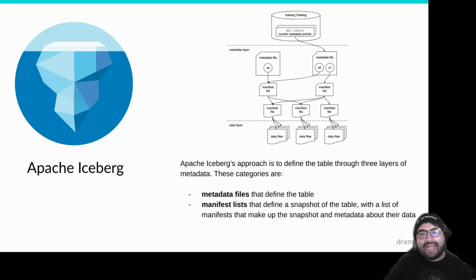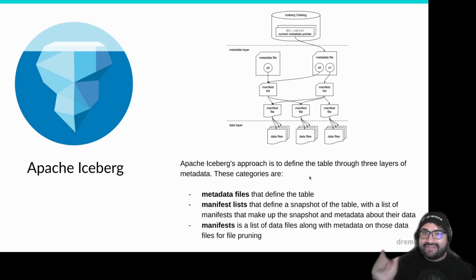And with those stats, I can say, hey, I don't even need this manifest. So right there, you've just eliminated the scanning of all the Parquet files in that particular manifest. So you're getting rid of chunks of files, not just chunks within a file, but chunks of files. And then once I've eliminated all the manifests I don't need and go read the individual manifests, these manifests have stats on each individual file, and I can determine which files I need to read, and start eliminating single files from my scan plan, from the list of files I need to scan to do my query.